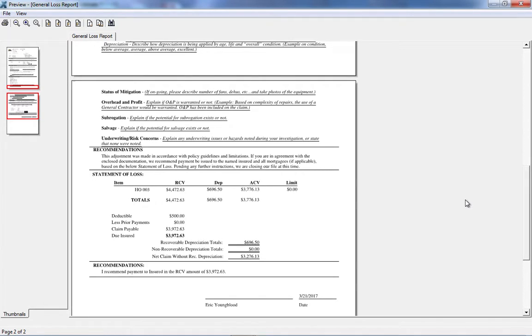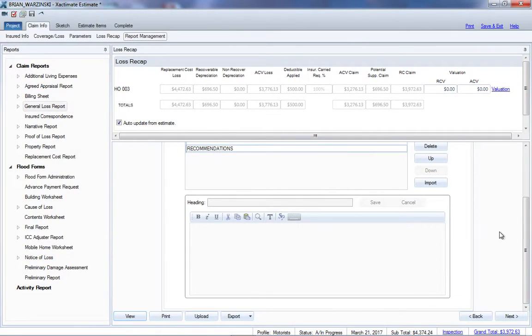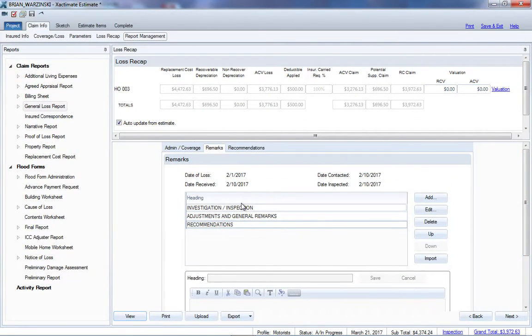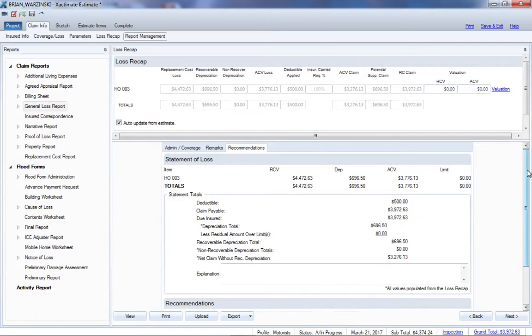This was a statement provided to us by Motorists. The nice thing about using the general loss report is it creates its own statement of loss. This is pulled from our coverage area. This is pulled from our estimate, our depreciation that's applicable, ACV, and down. Lastly, under the recommendation section below, this is not our recommendations, but this is a section that is a part